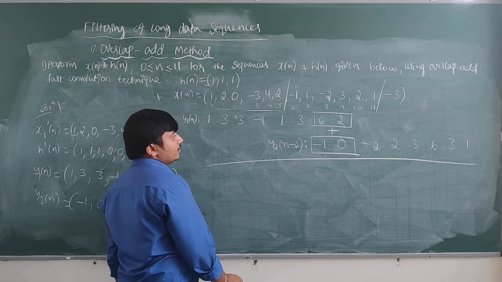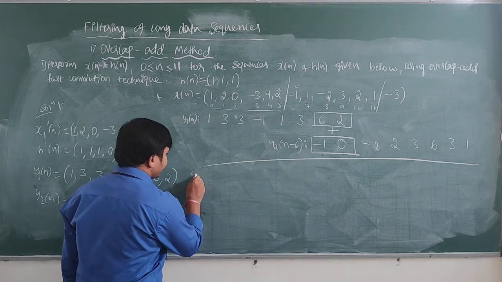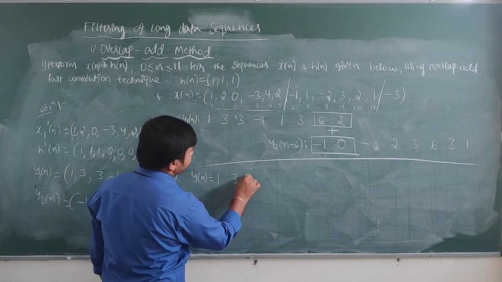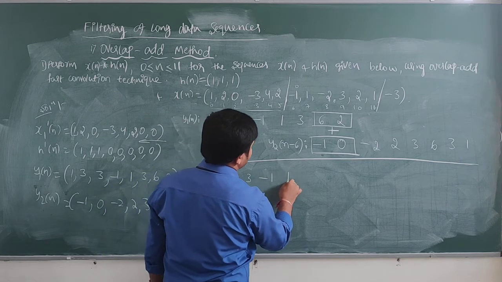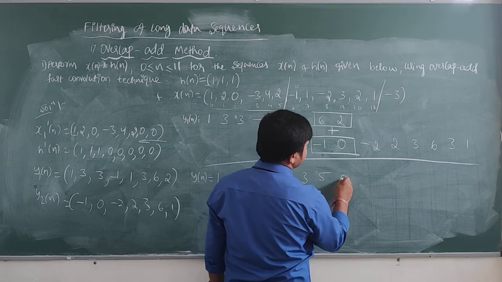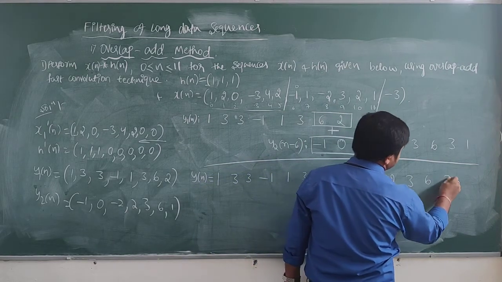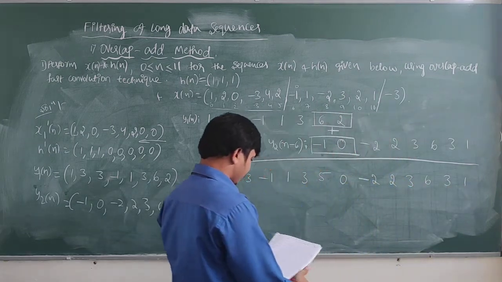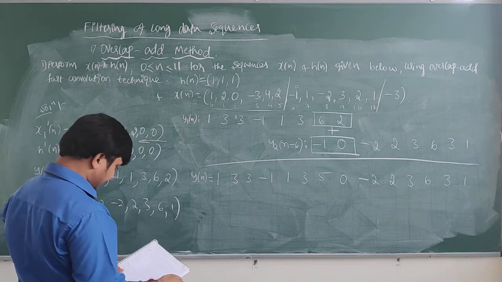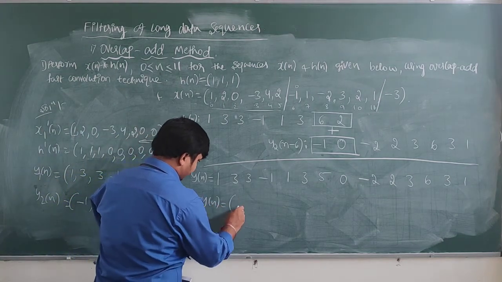Okay. So now your y of n is equal to 1, 3, 3, minus 1, 1, 3, 6, minus 1, 5, 2 plus 0, 0, minus 2, 2, 3, 6, 3, 1. Therefore y of n is equal to 1